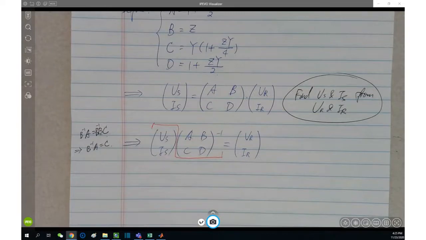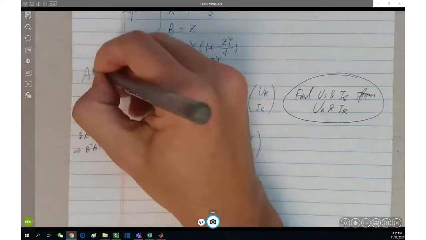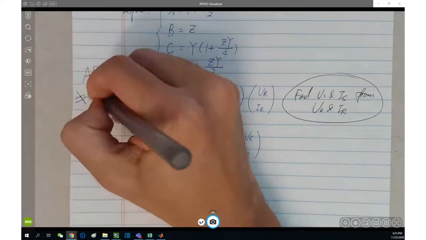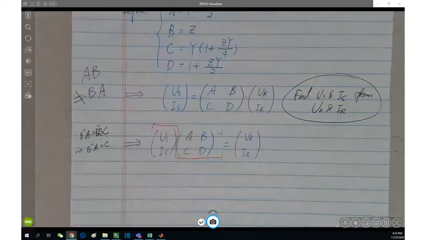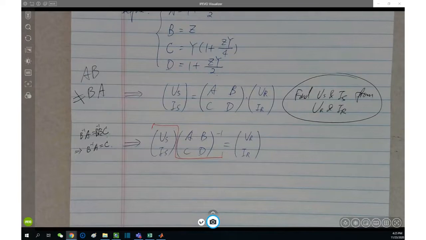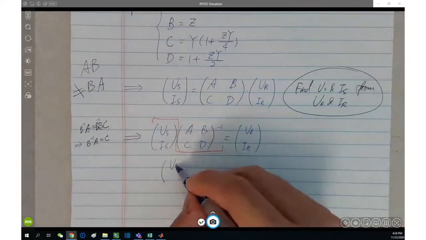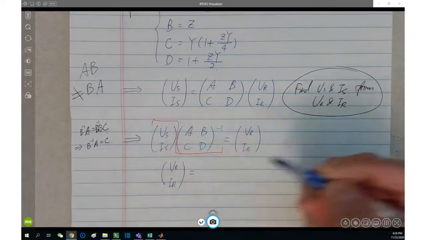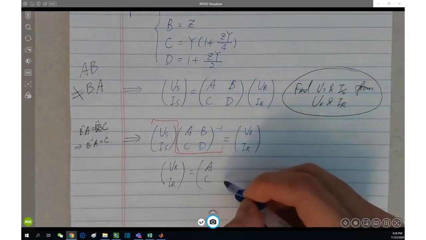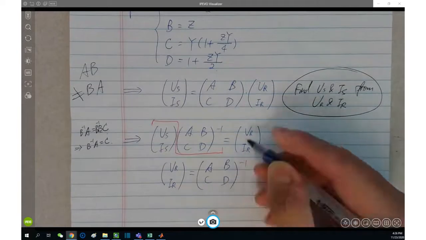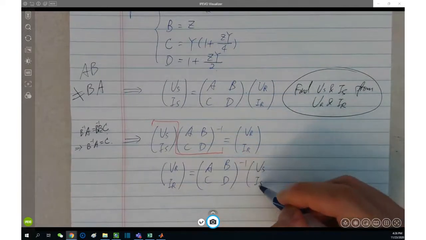And because the two matrices, A times B, does not equal B times A, this is one of the rules of matrix operations. So that's why, in other words, VR IR equals to